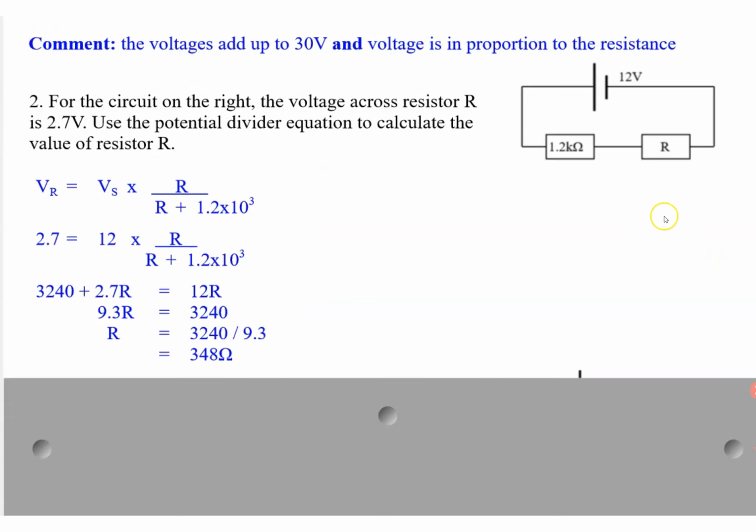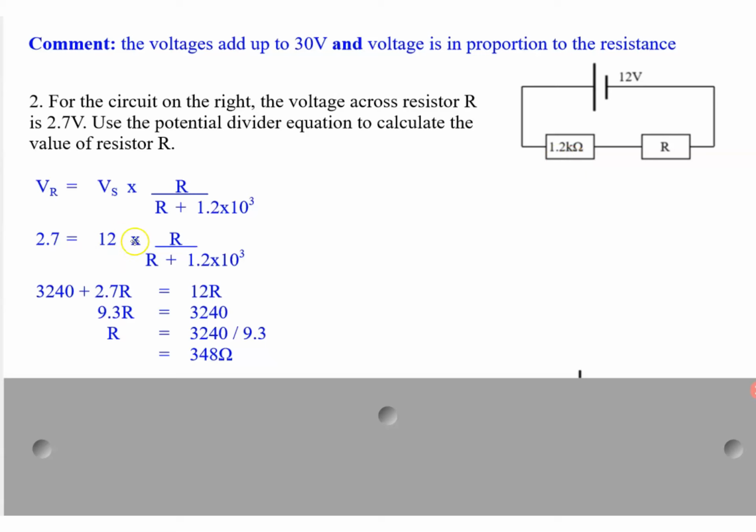Question 2, same idea, but now we've got some slightly less friendly numbers. So here I have 1.2 kilo ohms. The way we've done this is we're using the potential divider formula. The voltage across the resistor, VR, which we are told is 2.7 volts, is equal to the total voltage, 12, multiplied by the unknown resistance, R, divided by the total resistance, which would be R plus 1.2